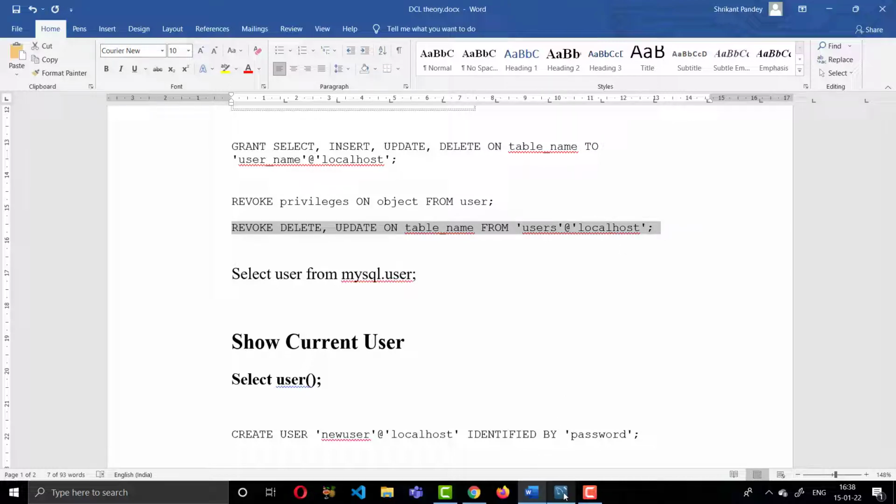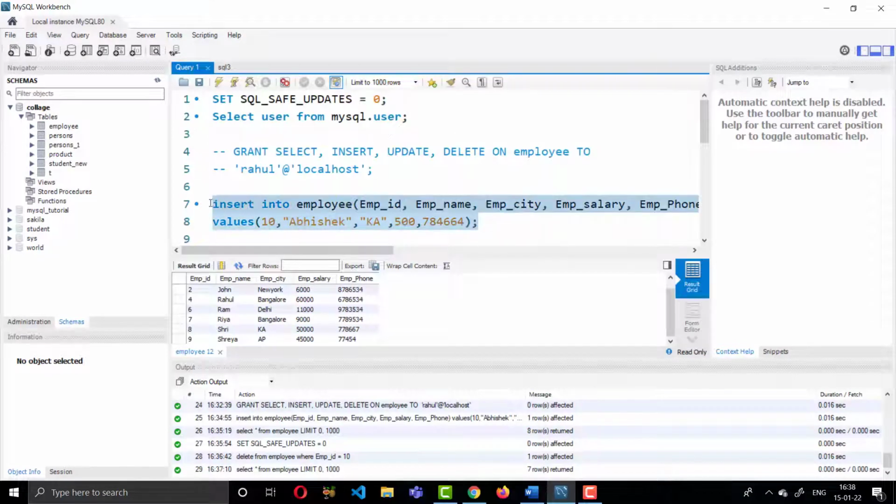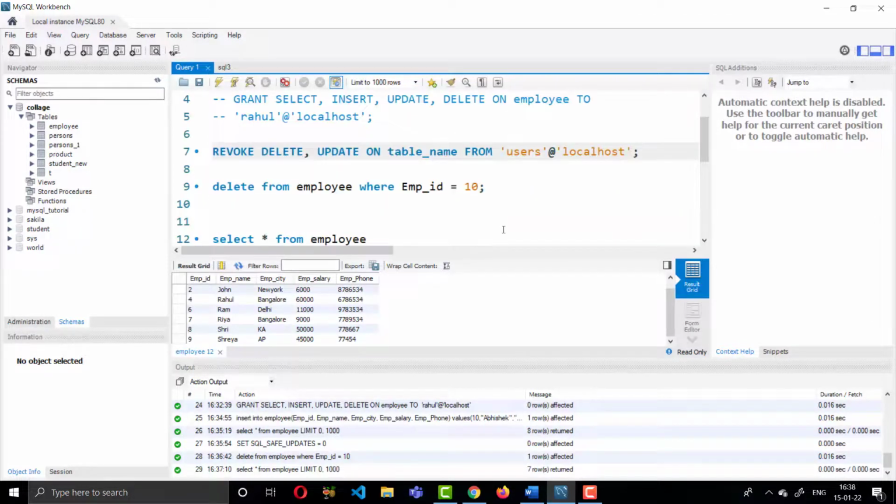So I'm copying. REVOKE DELETE. I have selected all of these because we provided select, insert, update and delete. Order doesn't matter.